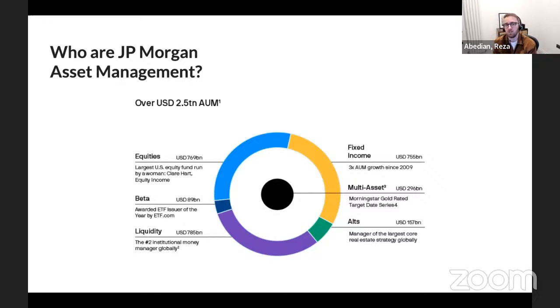Besides an asset manager, JPMorgan is also responsible for Chase, which is the #1 US retail bank. Apparently, half of all households in the US are Chase customers, and Chase recently came to the UK. We also have an investment bank and a private bank. So if you're on this call and you've got a net worth over 10 million, then you can consider yourself as being one of their clients as well.